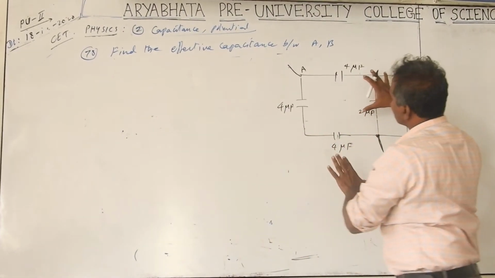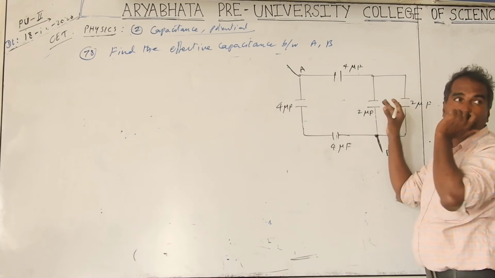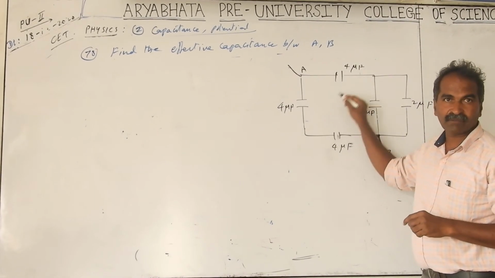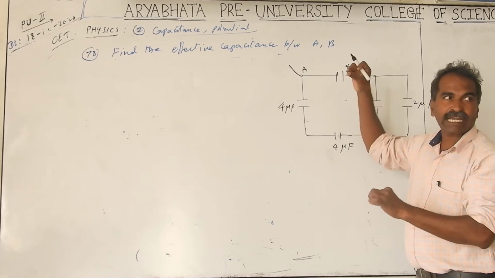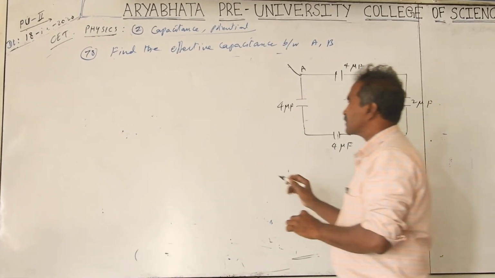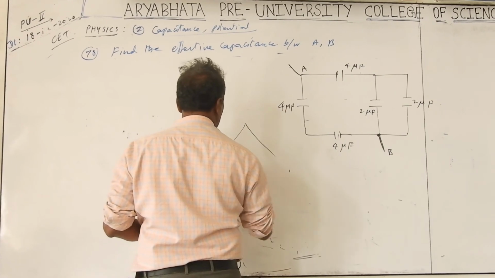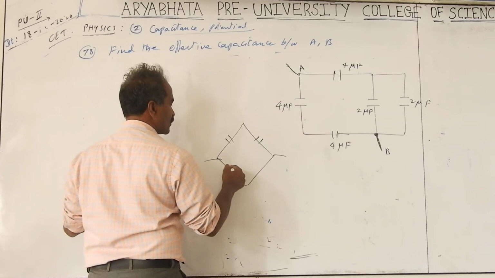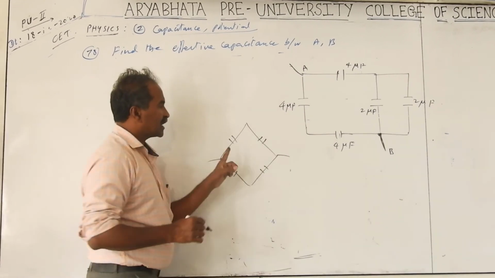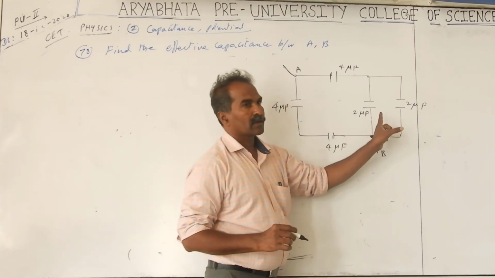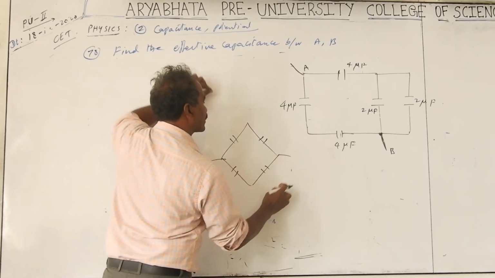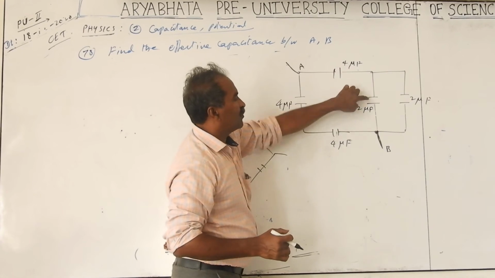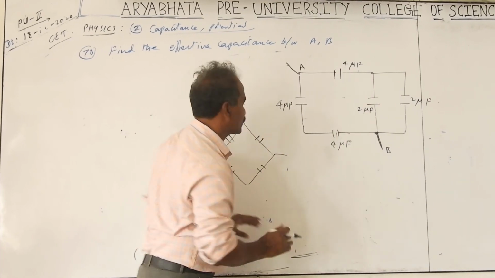Now with this, imagine this is a 4. It is a balanced bridge, with the fifth capacitor in between. So the bridge is rotated like this. Previously we took the bridge like this. Here is one capacitor, 2, 3, 4, all equal. Here also 4, 4, 4. This is also 4. This terminal is just rotated like this. That's all. So this is 4, 4, 4, 4. The result is 4. No need to work it out.